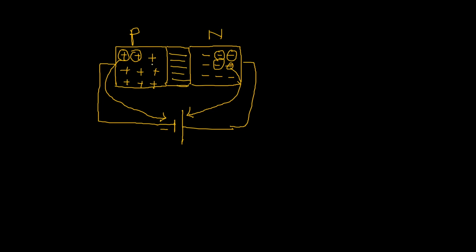Now in p-type you will have minority charge carriers like electrons. There will be a few electrons, and in N-type you will have a few holes. For them, this type of arrangement of battery will act as a forward bias. The negative terminal will repel the electrons in p-type to go to the N-type, and the positive terminal will repel the holes in N-type to cross over to p-type, so for them it is like a forward bias. This forward bias will not be much. There will be a small leakage current flowing because of the minority charge carriers.